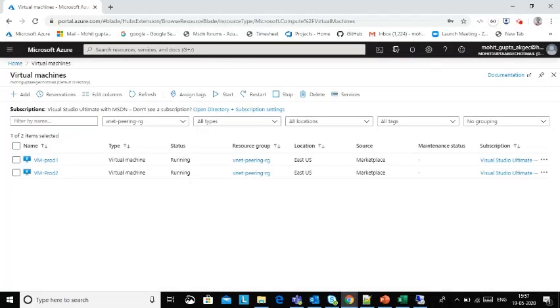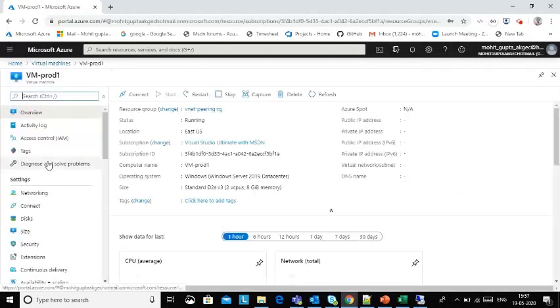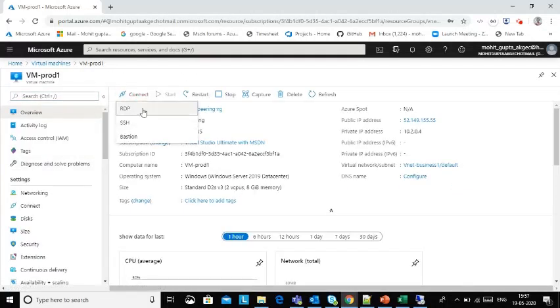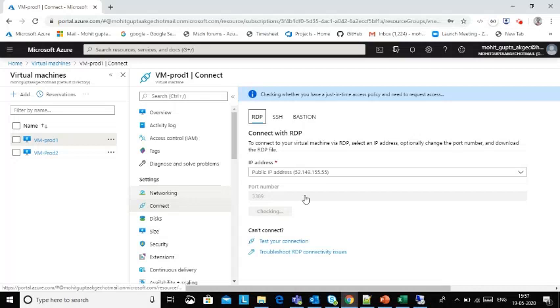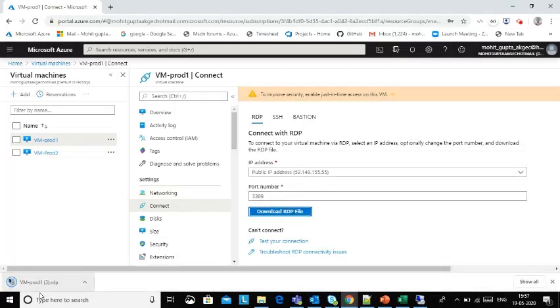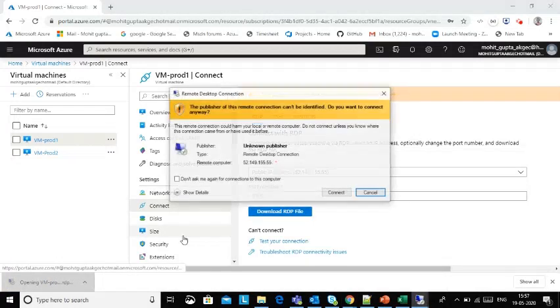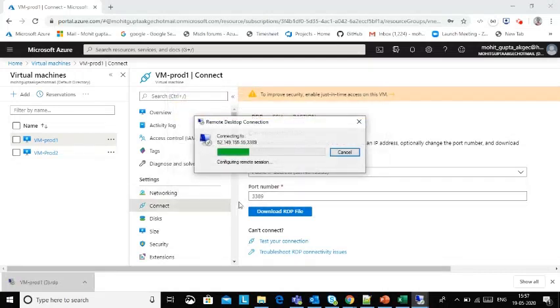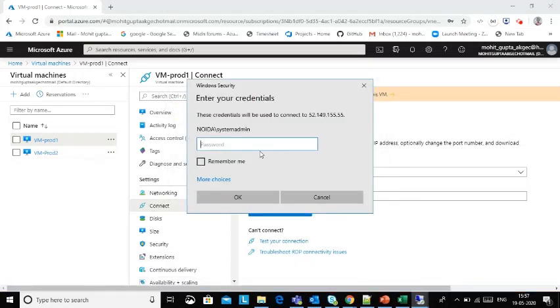So my virtual machines are ready now. Let's open this, download the RDP file and connect. From the prod 1 machine, I will try to make an RDP connection to the prod 2 machine using its local IP address.